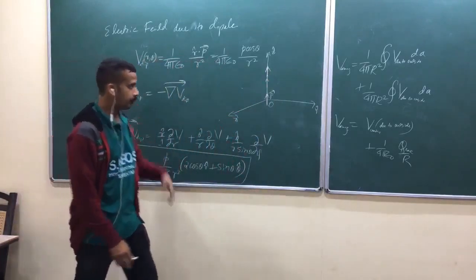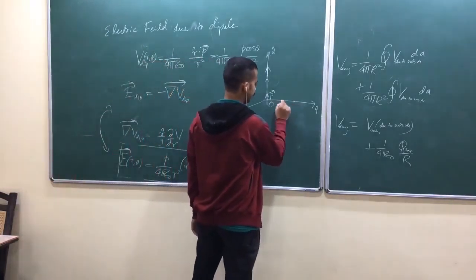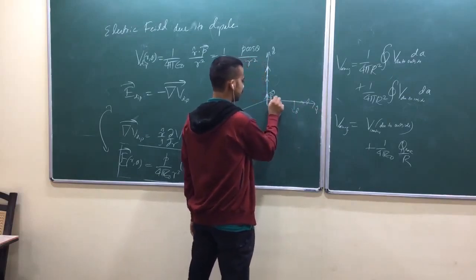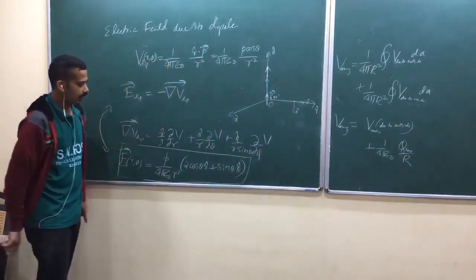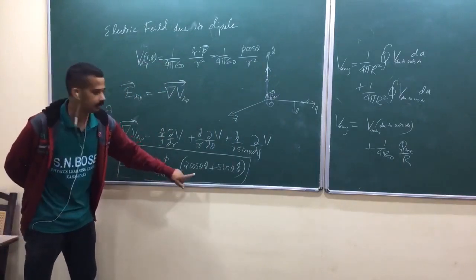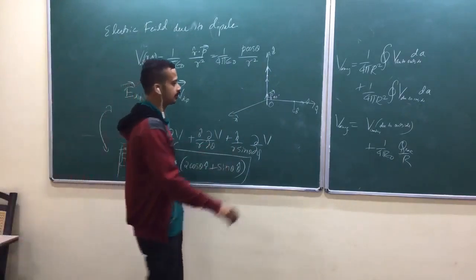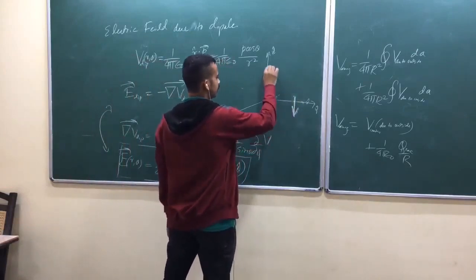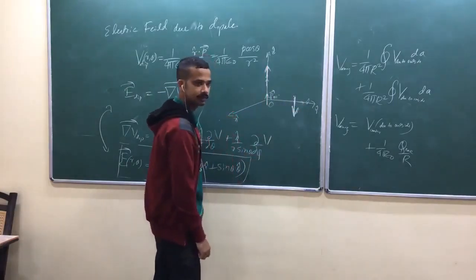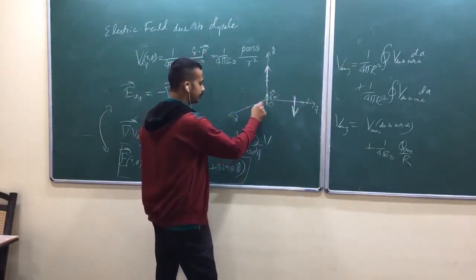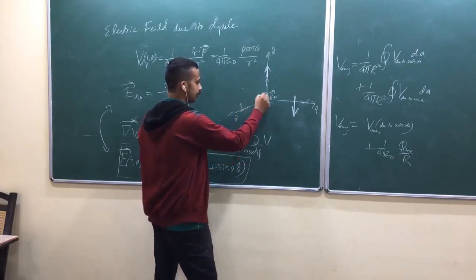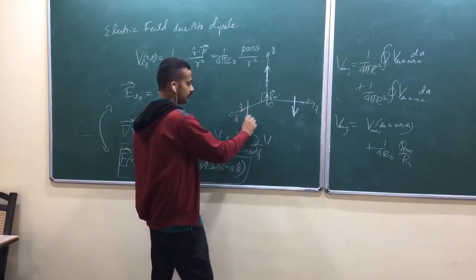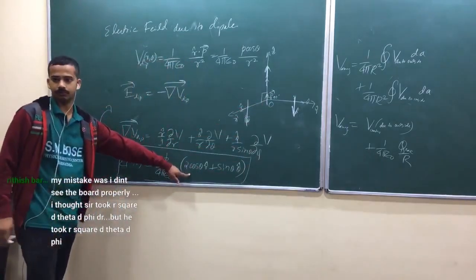Am I right? Suppose if you are on y axis from origin, this is r cap, this is theta cap, but this angle is 90 degree. If you are on y-axis, this part is 0, r cap component is 0, theta cap component exists. That means here your vector field is along theta cap. Can I draw like this? Here vector field along like this, here vector field like this. So if you are on the x-axis, same thing will happen. This is r cap, so 90 degree, theta cap. But the electric field direction is along theta cap, because theta equal to 90 degree, cos 90 is 0.